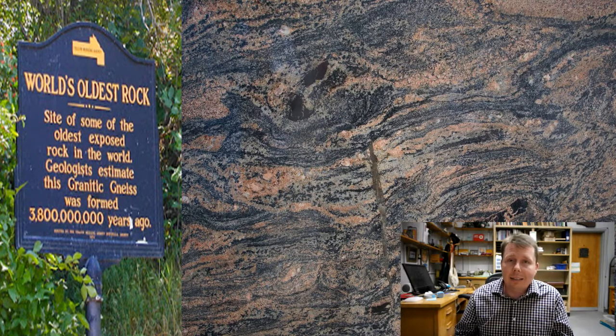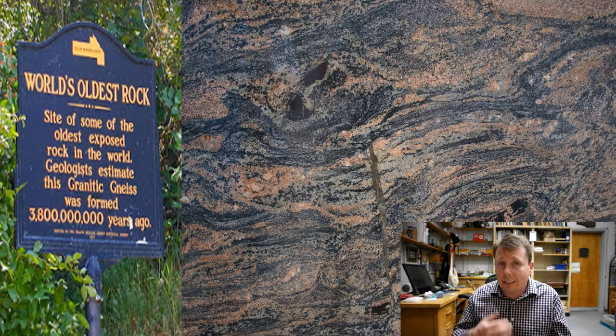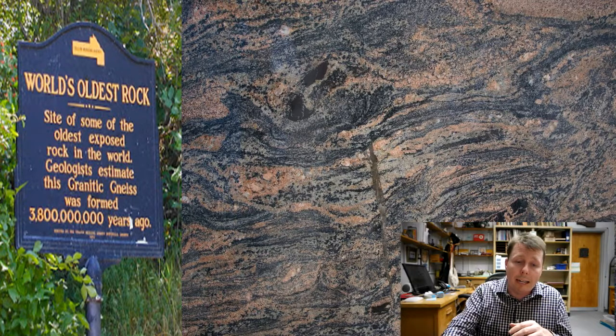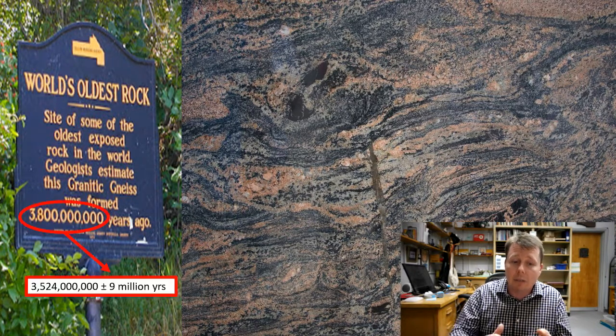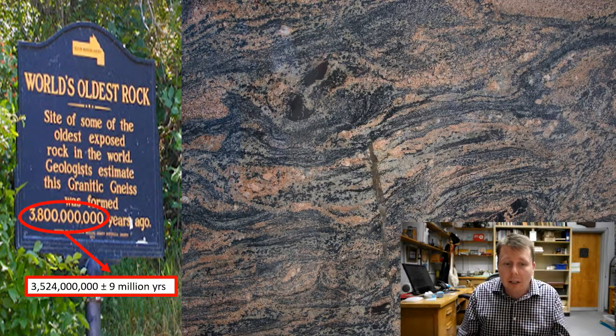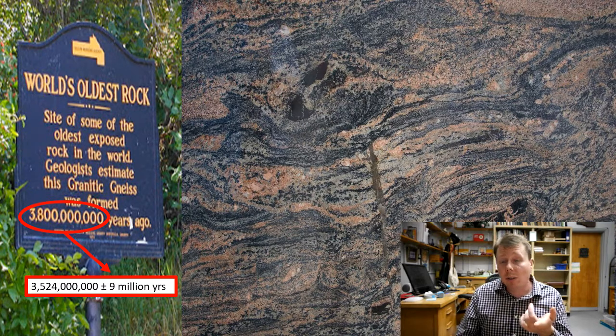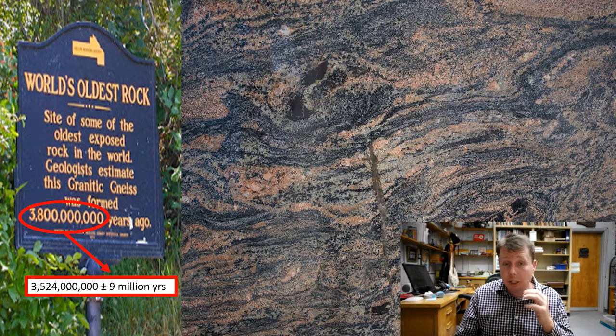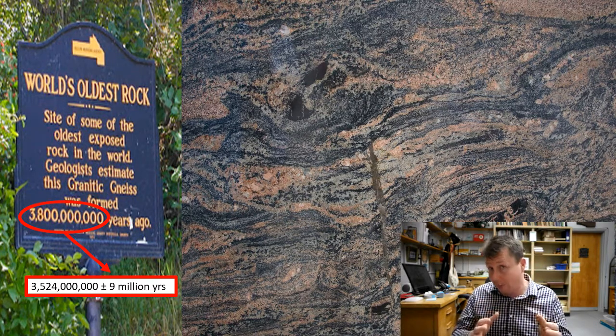I don't think they did that on purpose. Again, it was just technology at the time, probably said 3.8 billion years, and since refined technology has said actually it's more like 3.5. So 3.8 billion years is not correct. I even had the number there, 3.5 billion years. And you can also see what I'm talking about with the error measurement there. In this case, it's plus or minus 9 million years. That seems like a huge portion of time, but when you're talking something with an age of billions of years, that error is a little bit more acceptable.